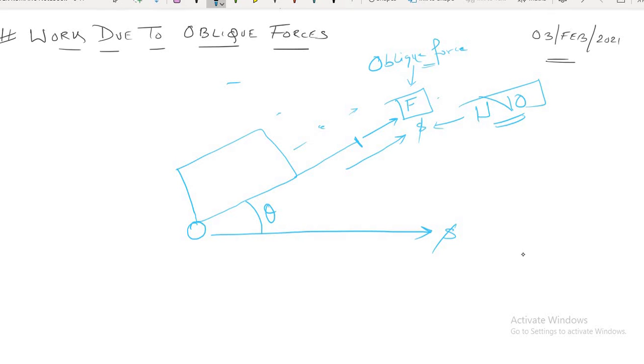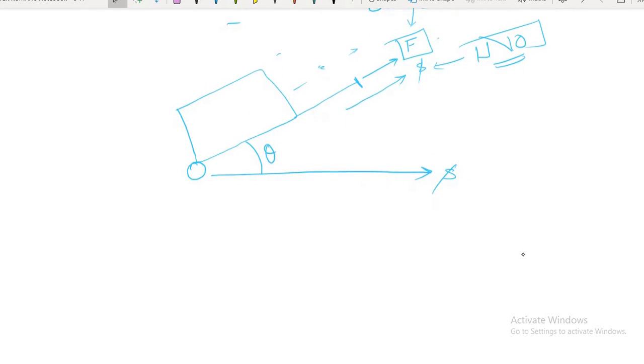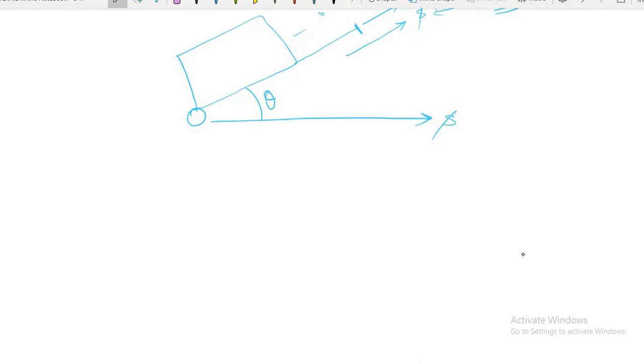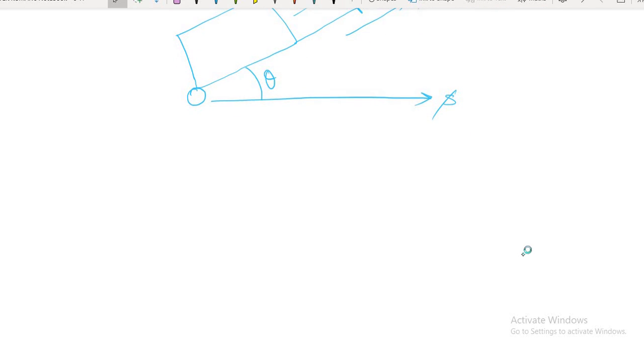Now, if you have understood the practical example of this, we can simplify the diagram into a much easier form. So, let me draw a simpler diagram from the derivation point of view. Just refer to this now. Suppose I have a force in this direction. This is the force and this is the displacement. Same diagram I am drawing, but in the simpler form. This is the angle between them. This is the best example of oblique force.